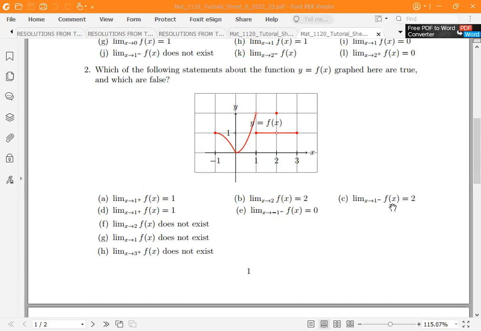As it approaches 1 from left, we check 1 from left on this scale. It's going all the way up there. We haven't been told what that value is, so we can't say a thing, unless they tell us that we should use the scale that is 2. If that is 2, then from left, yes, it's going to 2. From right to 1,